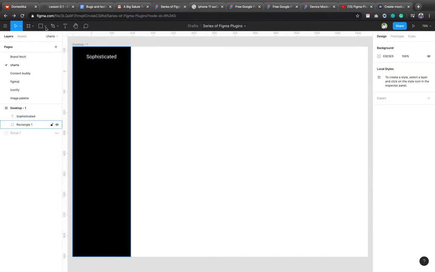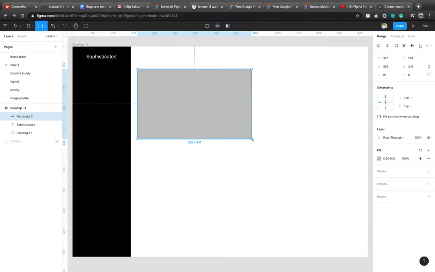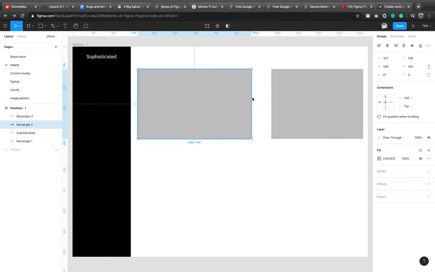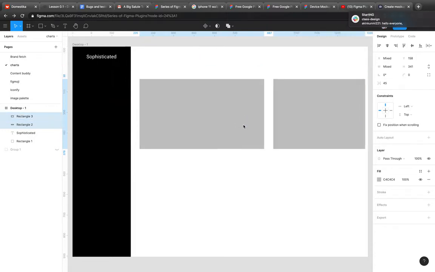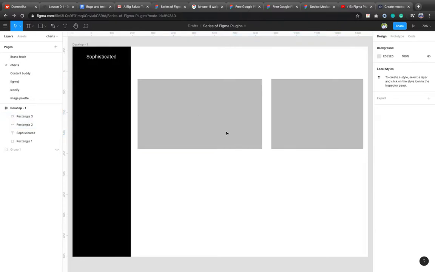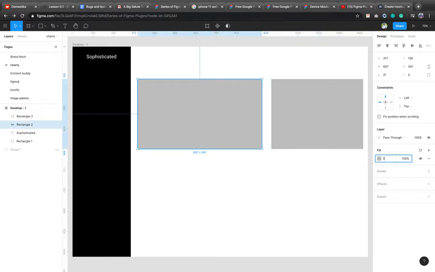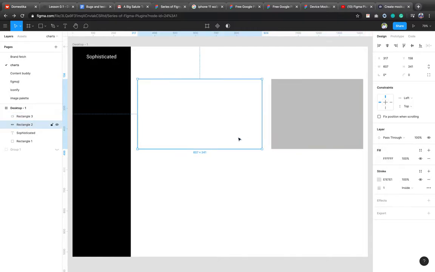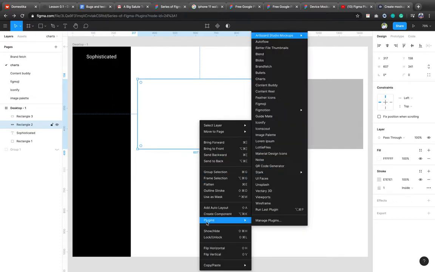So now we want to get our diagrams in to show maybe how much sales has been done in the week, or how many people came to the stores, or anything that we want to show. Now what we do is we'll just right click,